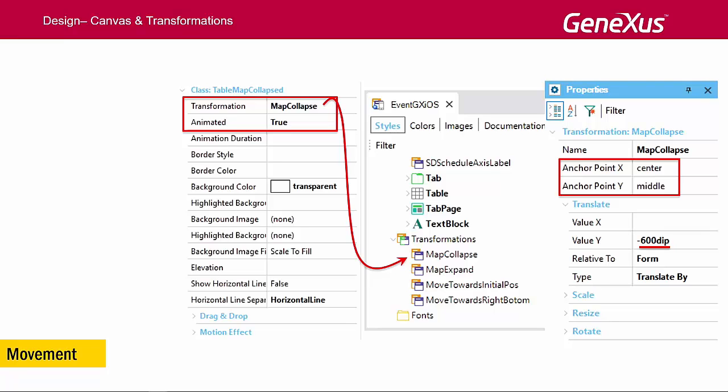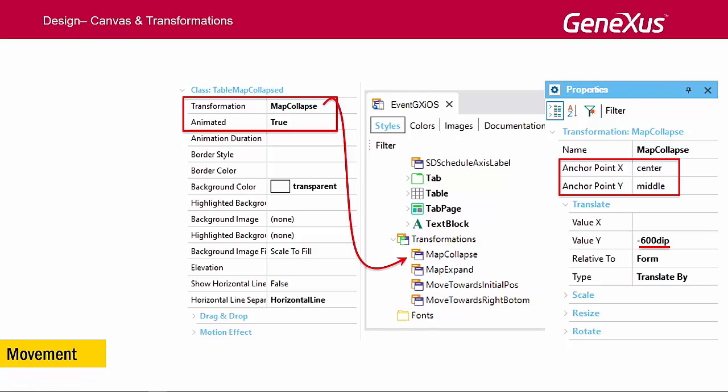The control that has the class with this transformation associated with it will be moved from translate by, as shown below, the indicated point x, y, anchor point x, anchor point y, those are in the y-axis, 600 dip upwards,